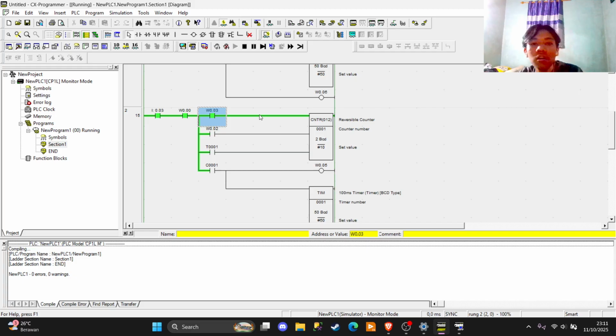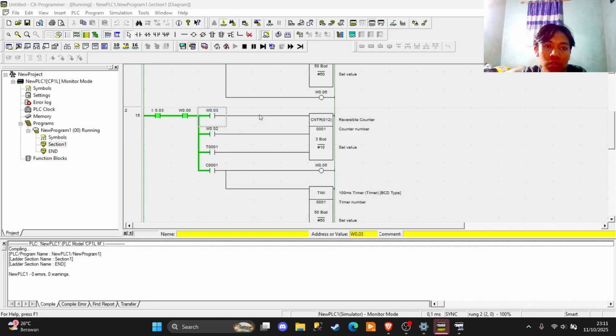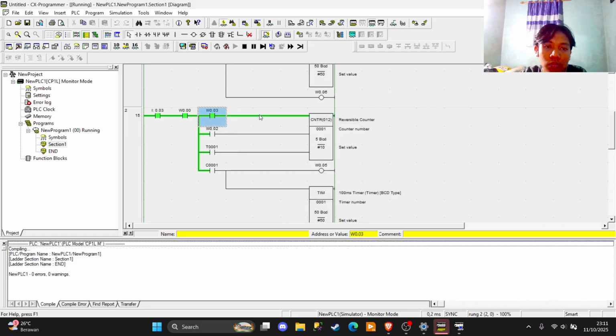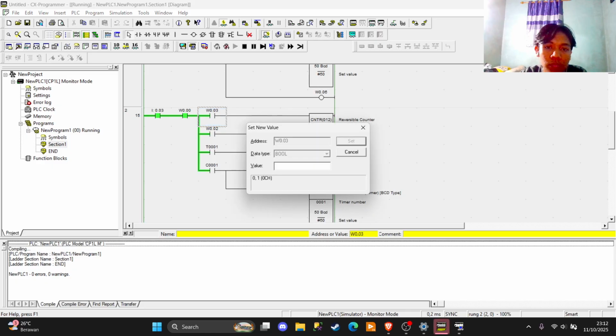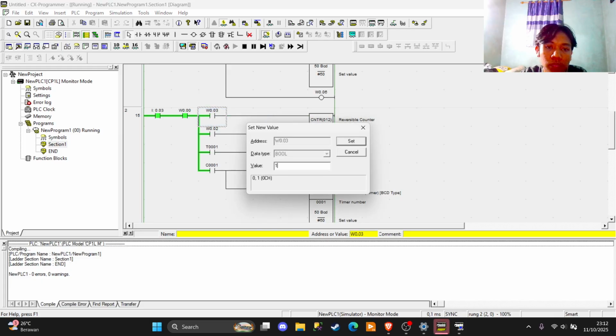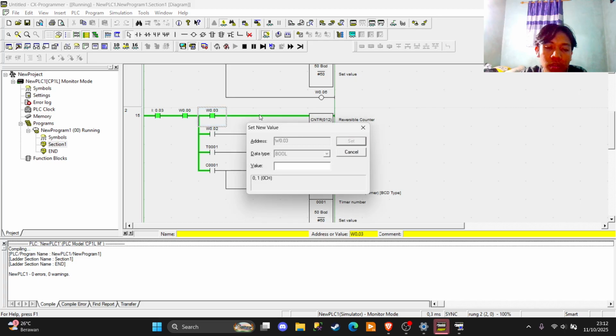So this is the manual input from the... wait a minute, I will count this up in time. So this is the end of it.